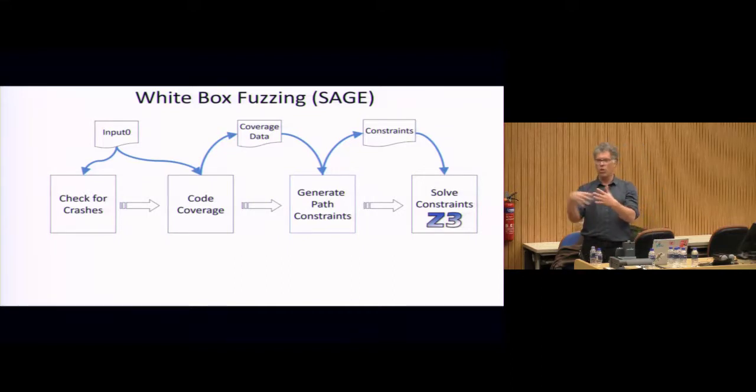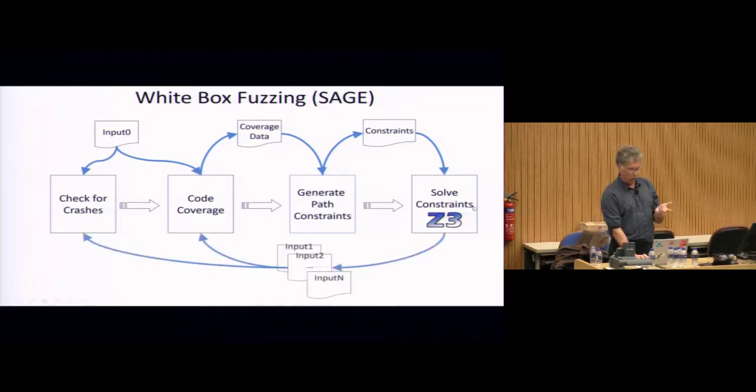So there are many different ways to do exploration, search-based testing we heard about yesterday. But the idea is you're going to generate a new path via some search strategy, and then ask Z3, is there an input that goes along that path? You get new inputs, they come back.